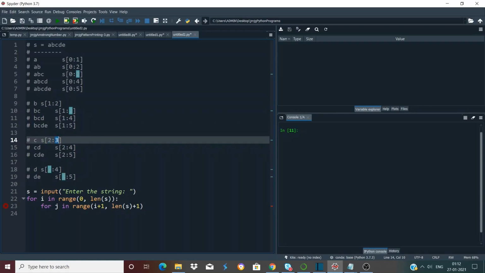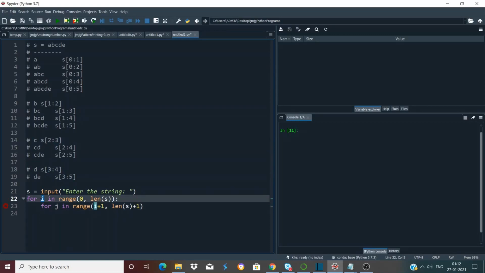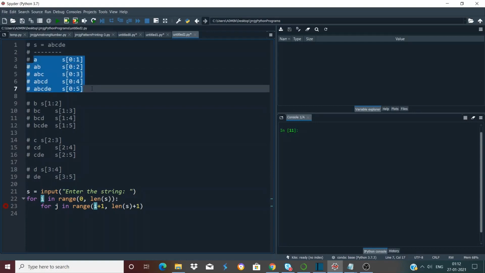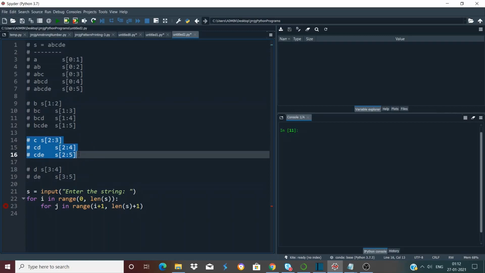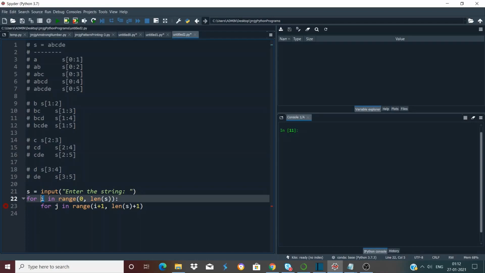So that's why we have mentioned i plus 1, because i is our fixed index in each iteration. So this is one iteration of the outer loop, this is one iteration of the outer loop, this is again one iteration. So in each iteration, i is our fixed index, and our first end index will be i plus 1.